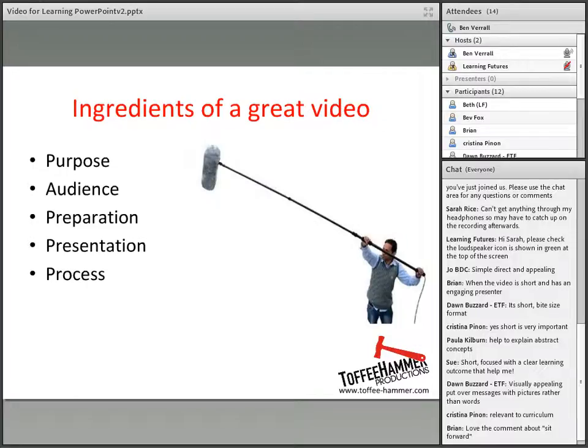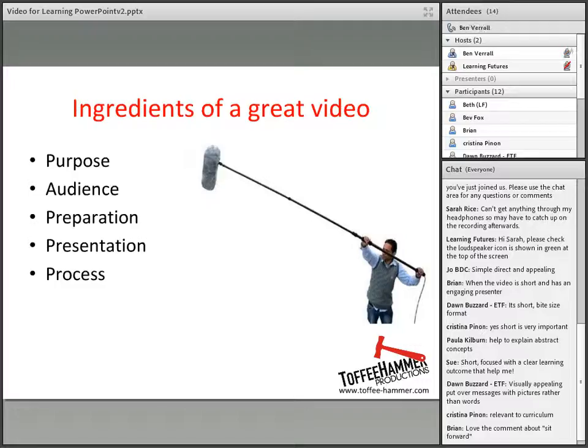Understanding the purpose and who it's for, your audience, are key to making any form of learning asset, but it's especially true of videos, which can take time to produce and so therefore need to be very focused and very much designed for learning in mind, not just for entertainment. And that goes back to the sit forward, not sit back approach. You want to make sure that what you're doing with video engages the brain, not just the eyes.